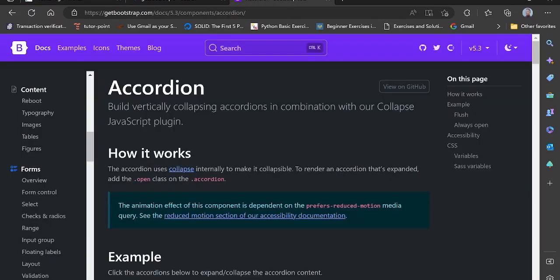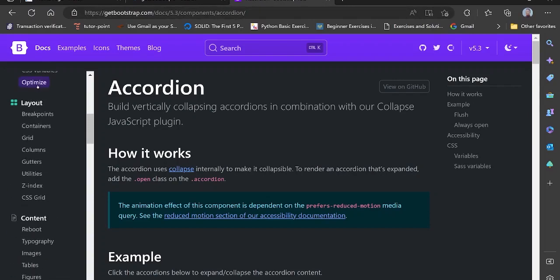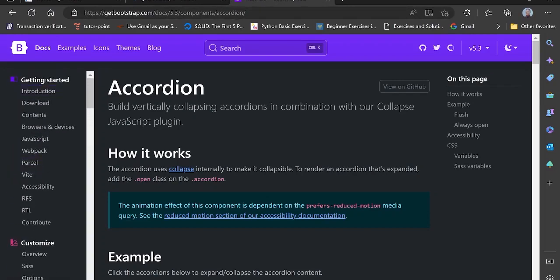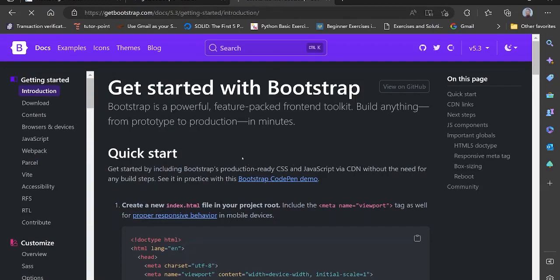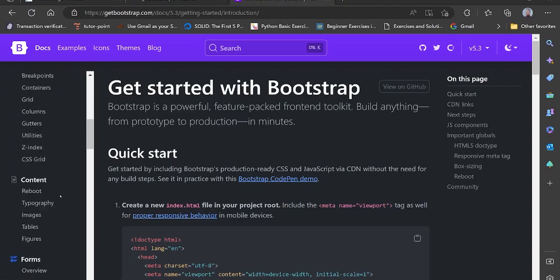So what you do is go to Bootstrap, and if you go to the beginning of getting started with Bootstrap, the introduction and everything, you don't need to worry about this introduction unless you just want to learn it for learning's sake. Because ASP.NET Core has done the job of giving us accordions. Okay, all I need to do when I want to use Bootstrap now is just come here and, under their components,